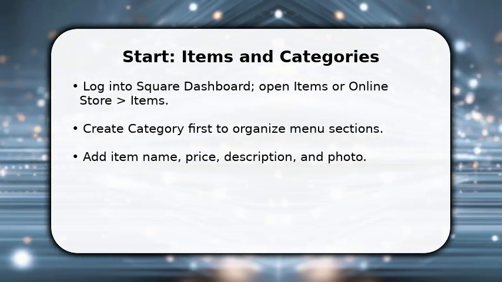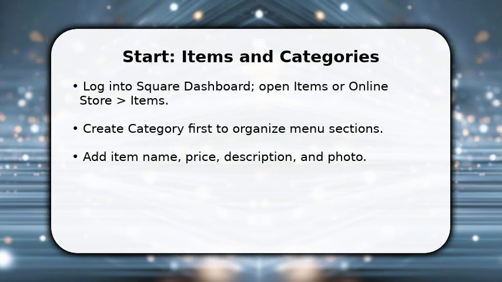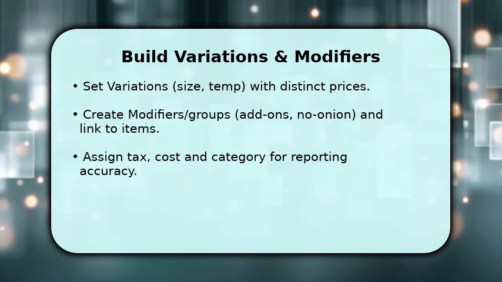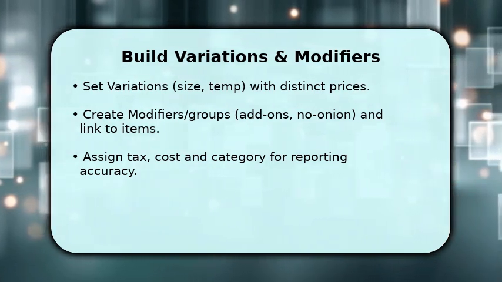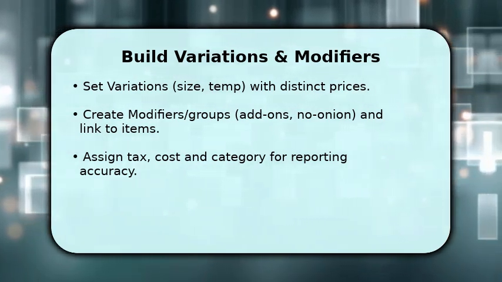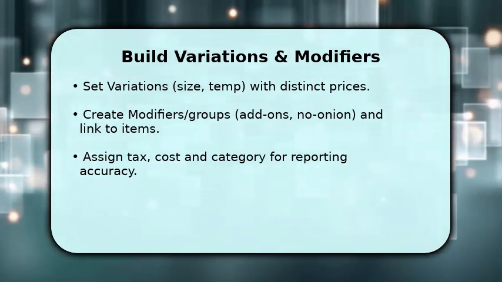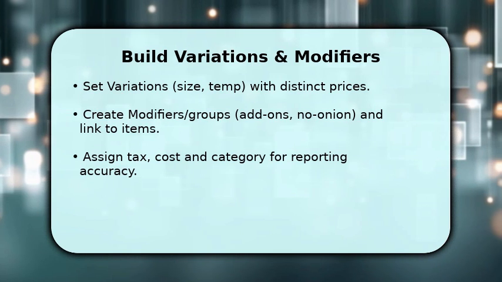Once items exist, focus on how customers customize orders. Create variations for size or type and assign individual prices because that prevents manual overrides at checkout. Then build modifier groups, add-ons, sides, or special requests, and attach them to relevant items so staff and customers see